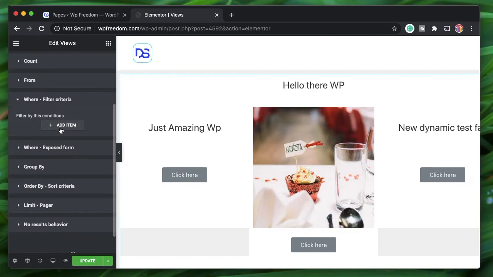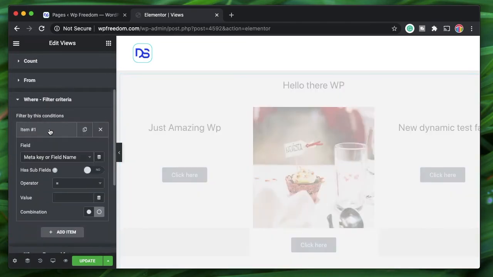Let's say I want to have posts written by the author, or the person who's logged in. So I have to have a condition, right? I should show only the posts to him which are actually written by him. Let's say you're building a front end dashboard and you want to show the posts written by him. This is how you do it. You add a condition, and the condition is that the author of the post should be the same as the logged in user. That's pretty straightforward.